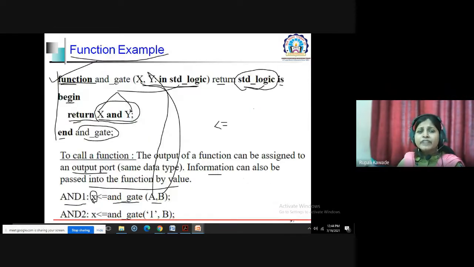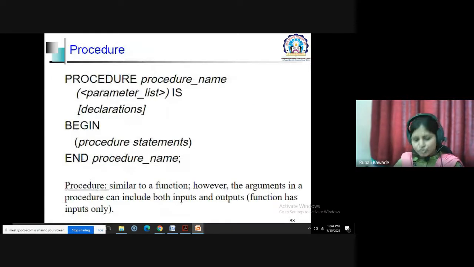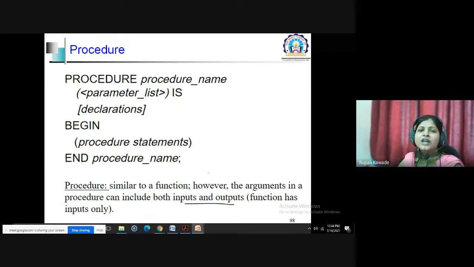In the same way, there is a procedure also. There is quite a difference between functions and procedures. Using a function you can return only a single value, but using a procedure you can return multiple values. Similarly, arguments in the procedure can include both input as well as output parameters, that is, modes.